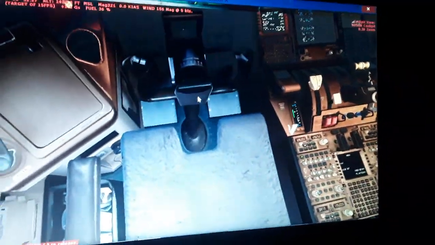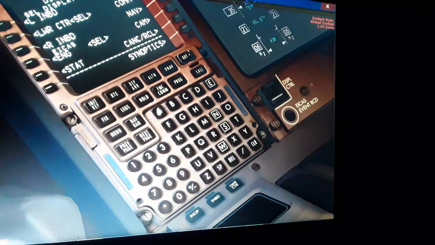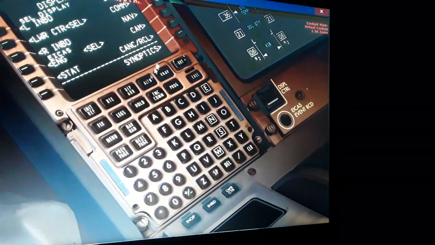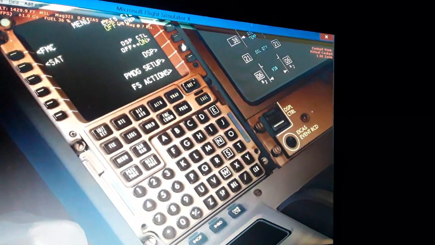So the engine will start. We only need to do one last thing now before takeoff. We need to adjust this over here, the menu. So we have PMGCR,